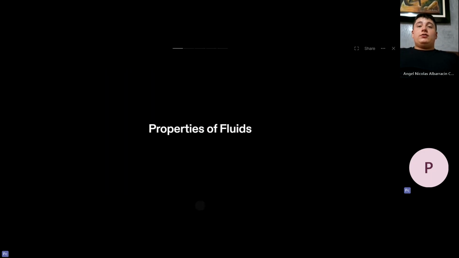So let me check here. Well, properties of fluids. We can conclude that the compressible and non-compressible fluids are different. In this course we are going to manage mostly non-compressible fluids, as this course is dedicated to mechanical fluids. Sometimes, of course, we're going to analyze some compressible fluids, like some gases, but that will be just a part of our system. The main ones we're going to use are the non-compressible fluids, due to their most